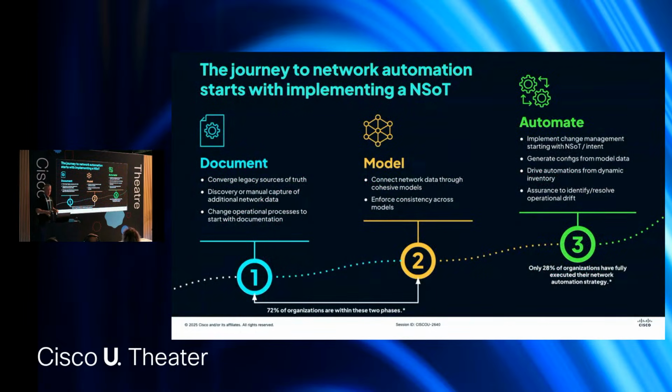Okay, so this is a journey that we see lots of our customers on. Everyone's trying to get to network automation at stage 3, and most of the customers we speak to are somewhere probably between 1 and 2. Stage 1 is where they are getting rid of their old legacy ways of documenting the network, the spreadsheets and text files, and moving to a proper source of truth, a relational database that contains all of the network information. Once you've got that as your starting point, you then start to move on to stage 2.